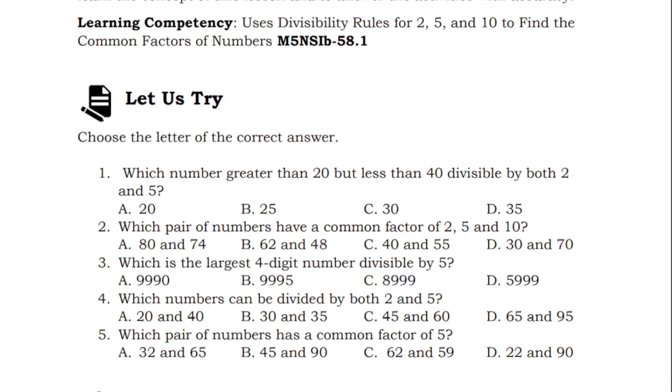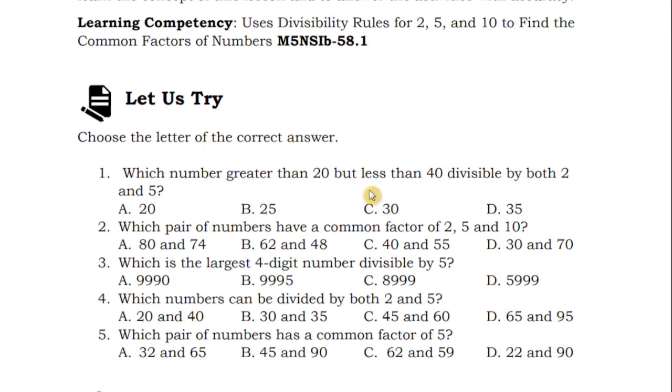pre-test. Choose the letter of the correct answer. Number 1 says, which number greater than 20 but less than 40 is divisible by 2 and 5? Again, which number greater than 20 but less than 40 is divisible by both 2 and 5? So the answer of this is